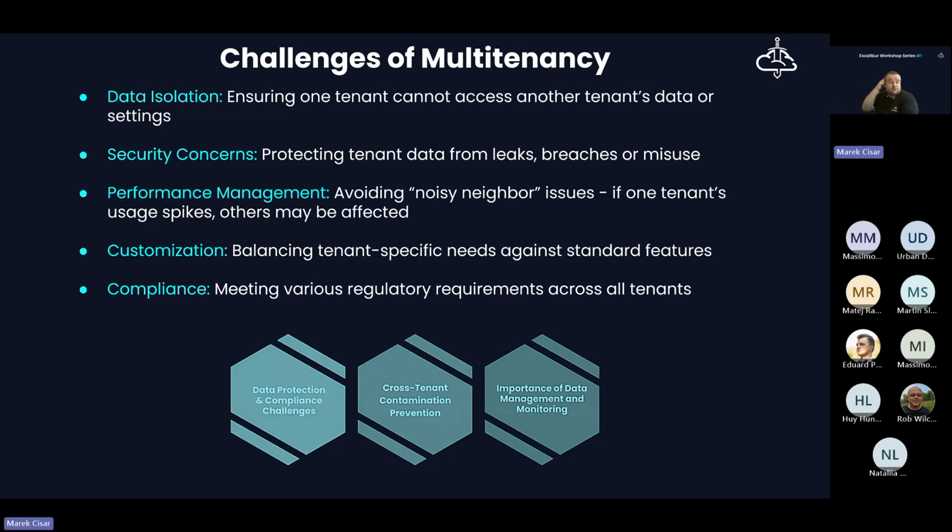So to overcome these obstacles, multi-tenant systems need to be carefully designed, thoroughly tested and also proactively monitored. So yeah, these were the most challenging facts about multi-tenant applications.